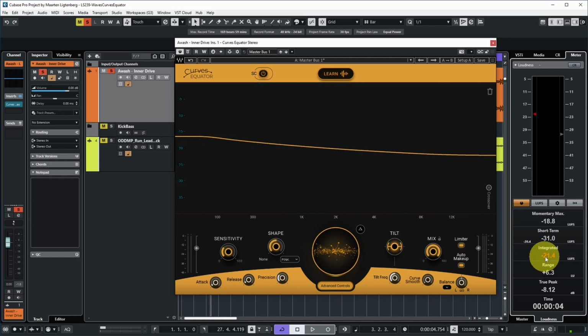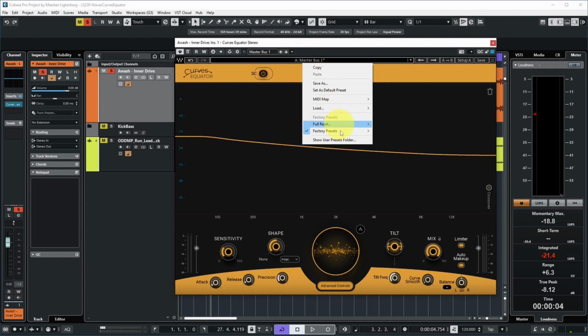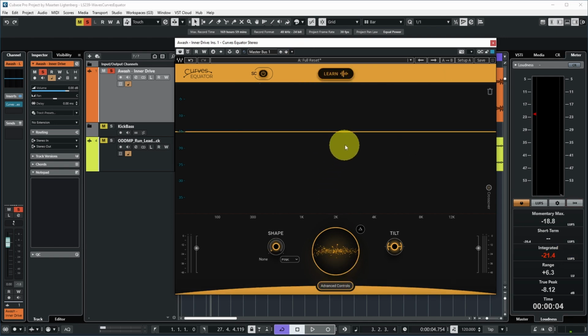Well, minus 21.4, so that's maybe a tenth of a dB louder, or it's just measuring inaccuracy. So the loudness is actually not higher, but it does sound significantly louder to me. Interesting. Now if we go back to a full reset, and let's take away the advanced controls for a minute,